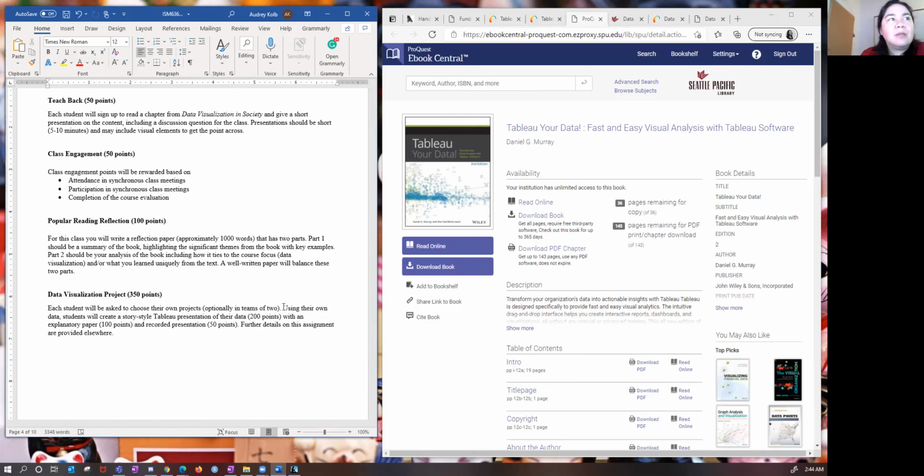But yeah, you'll create a story style Tableau presentation of the data with a short explanatory paper, and you'll record your presentations and send them to me. And that will be detailed in a different document in Screencast.